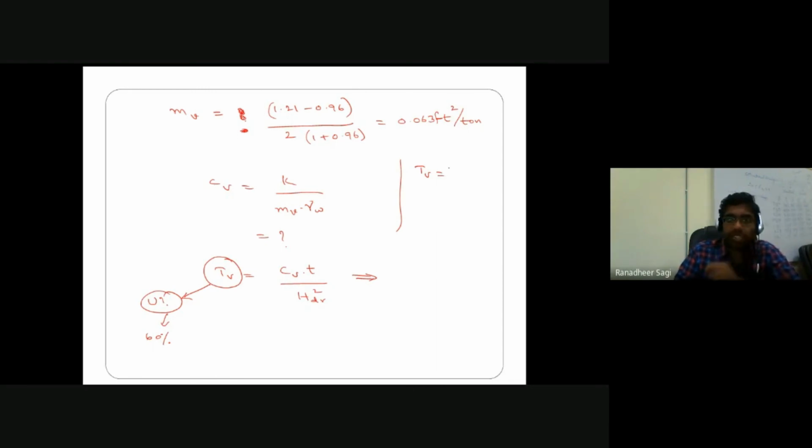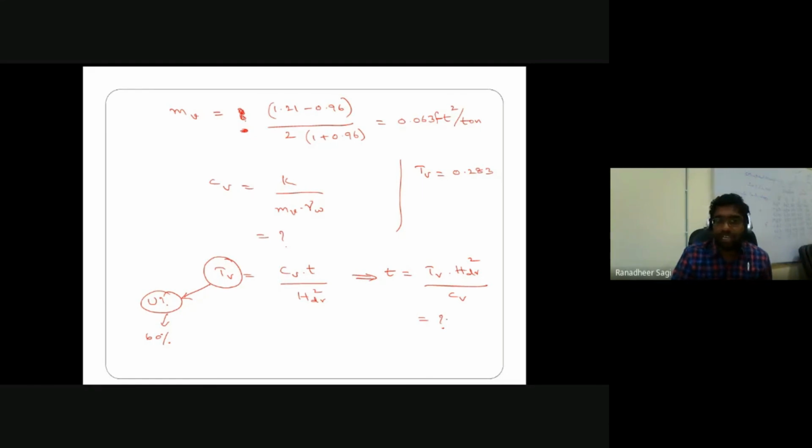The same first expression which we can use gives 0.283 as your time factor, right? So once your time factor is known, time is nothing but Tv into Hd square by cv. Hd square is nothing but 9 feet square. cv is what we are calculating from the previous expression. Tv is 0.283. So once we get the time,